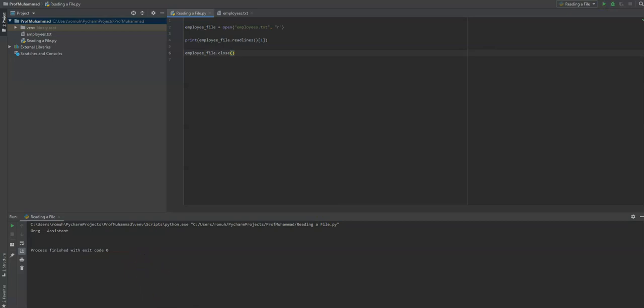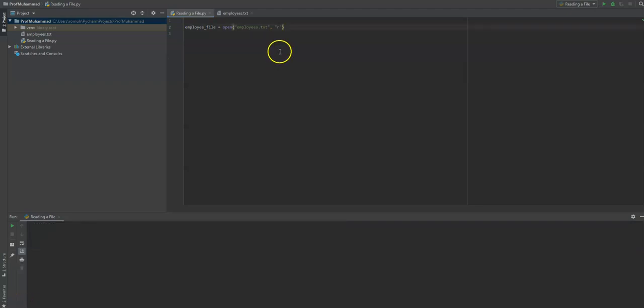All right. So from here, let's talk about writing into a file. So we talked a little bit about reading. So let's talk about appending. Say we want to append a new employee to the end of employees.txt. So we could use the letter A, and then